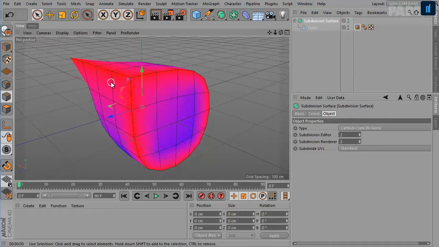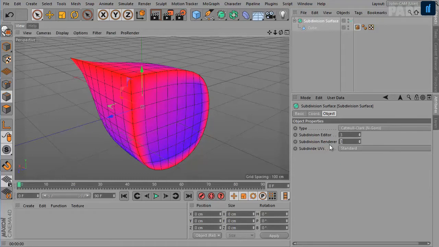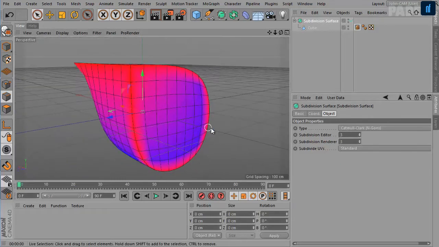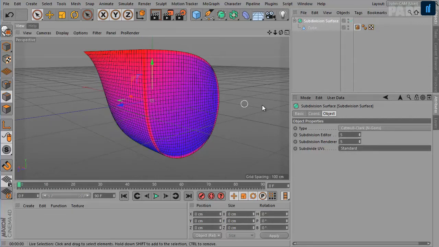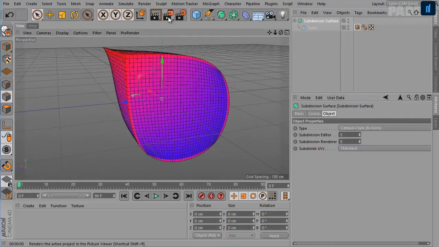So if you want to see in the render what you see in the view, you need to set these two values to the same number. So what you see here in the view, you will get in the renderer.